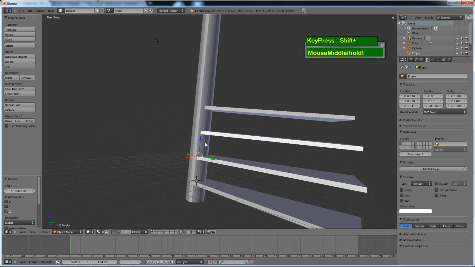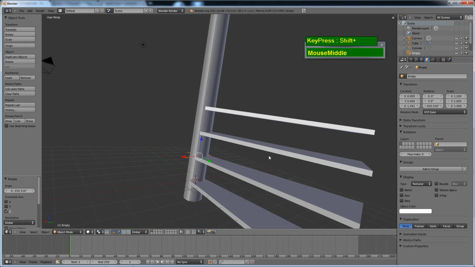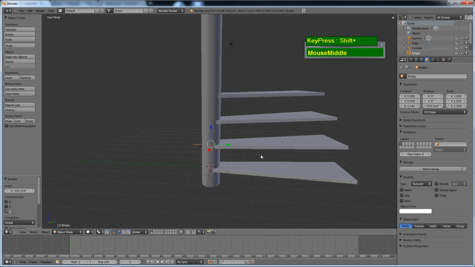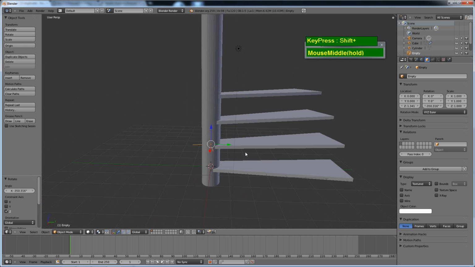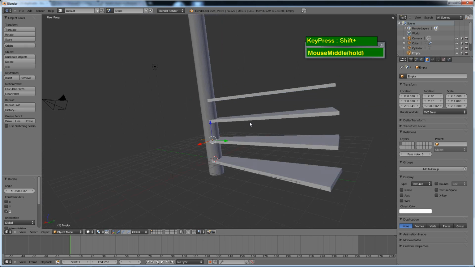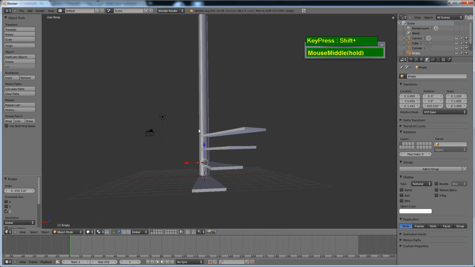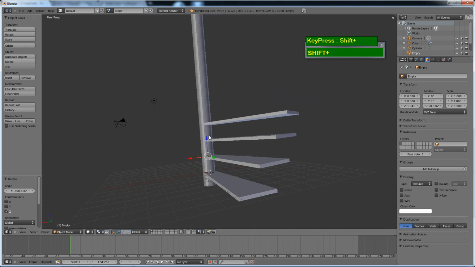You can use this to create fan blades. You can use this to create circular petals of a flower, for example. All right, but in this case, we're going to create a spiral staircase. Okay, so you can continue to move this